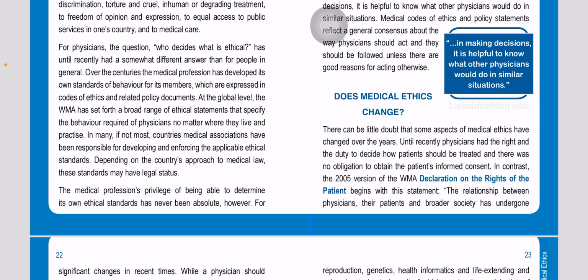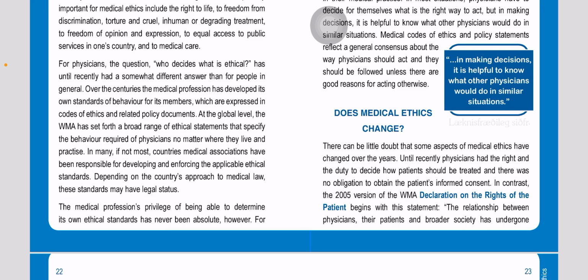And these fundamental principles are being promulgated, being declared, by international organizations like the World Medical Association. For example, the Declaration of Geneva, Declaration of Helsinki, Declaration of Taipei. These are general principles being used by different countries. I also included it in your files, class. So please check it out.